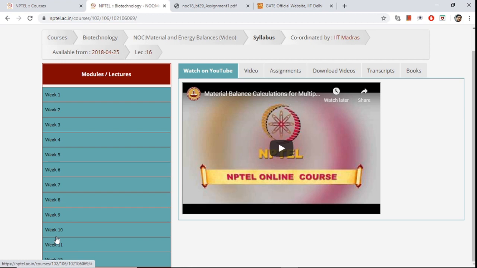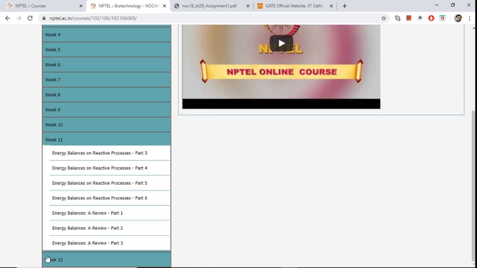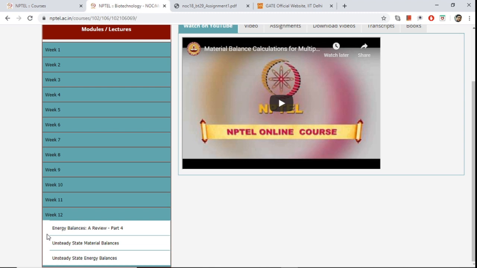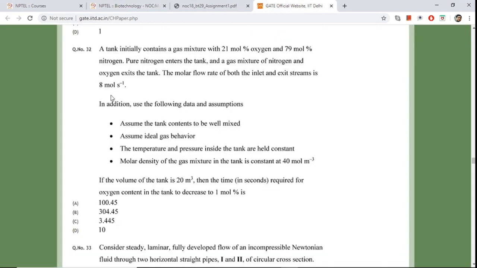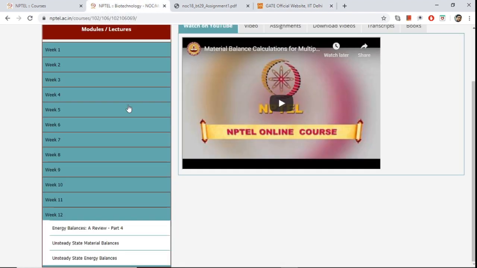Now, one thing I would like to highlight is that at the end you can see there is unsteady material and energy balances, and this is actually very important because in the current trend they are giving more questions from the unsteady balances part, and students have been struggling with those type of balances. You can see that this is the GATE paper, the GATE 2020 question that was directly asked. This is the unsteady state question. If you don't know the concept, you will struggle with these kinds of problems. So it is advisable that you study that topic also.